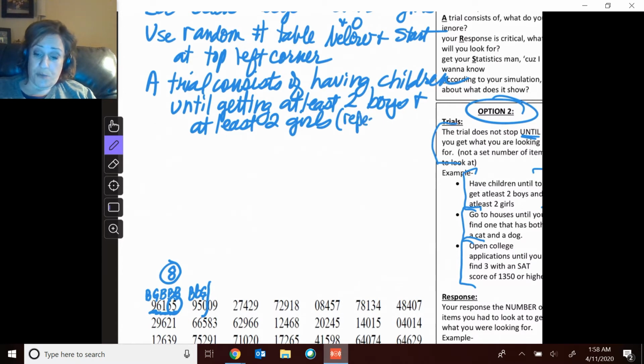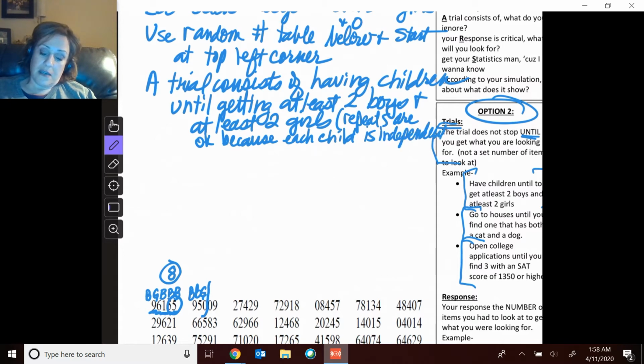I always address repeats right here when it says, what do you ignore? So repeats are okay because each child is independent of the other child. Each child is independent of the other child in their probabilities of occurring. Now,